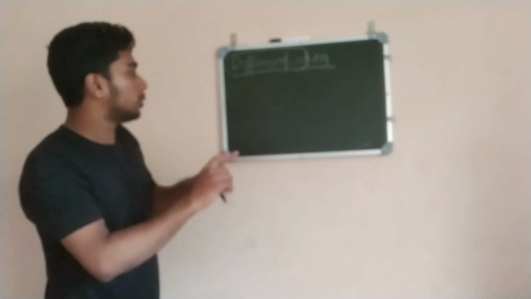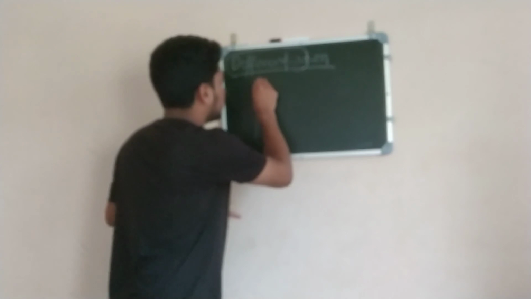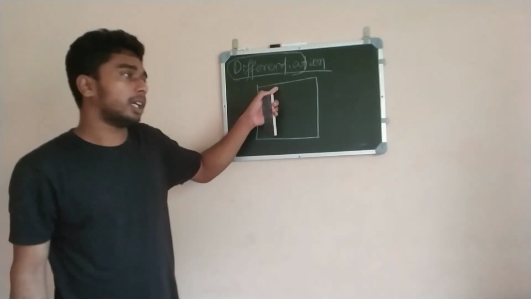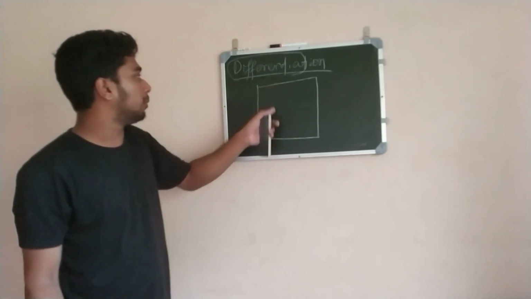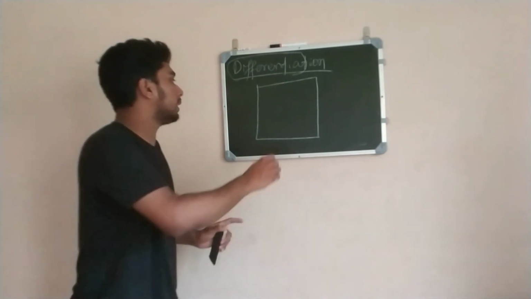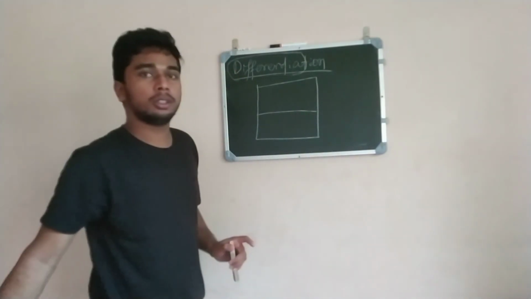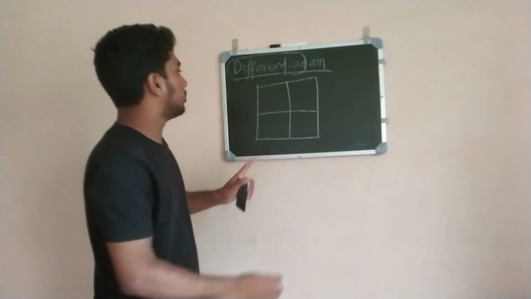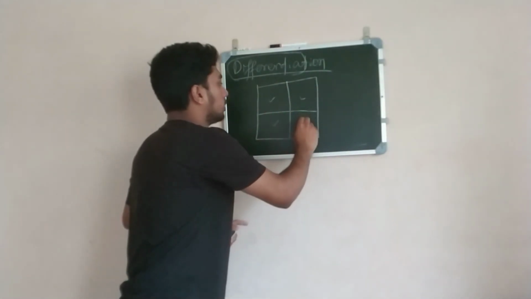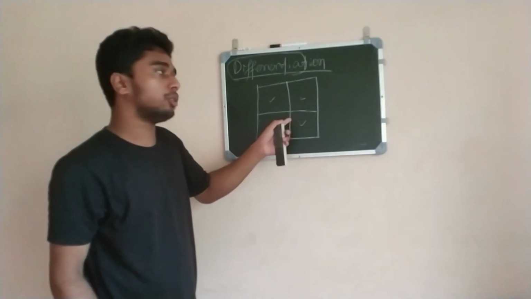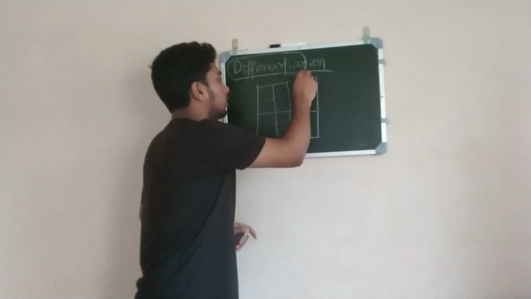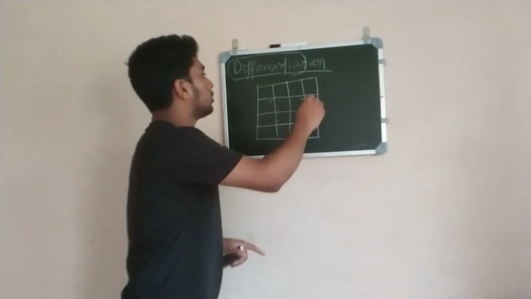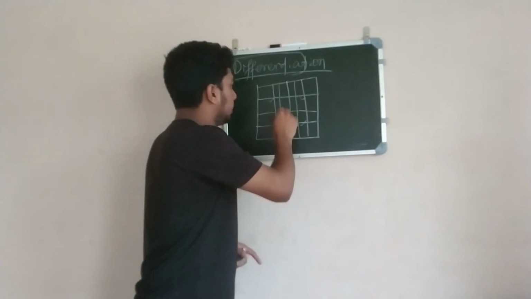Differentiate means, for example, I have a box. This is a box. How many ways can I divide it? How many parts can I divide this box into? I can divide it by 2, or if I divide it, it is 4 parts. First one, second one, third one. But still I can also divide. I divide, then I will also divide this.